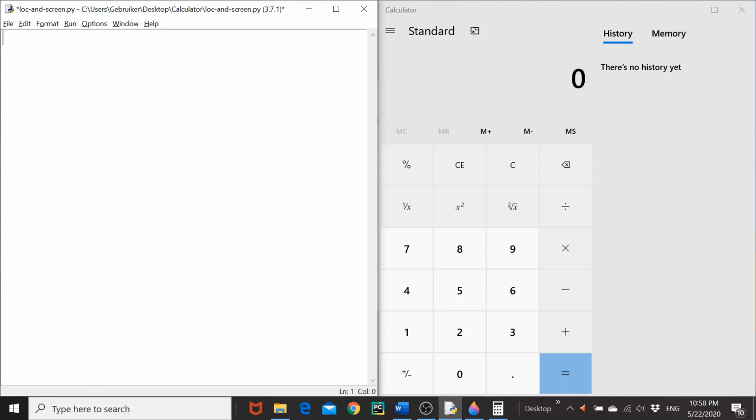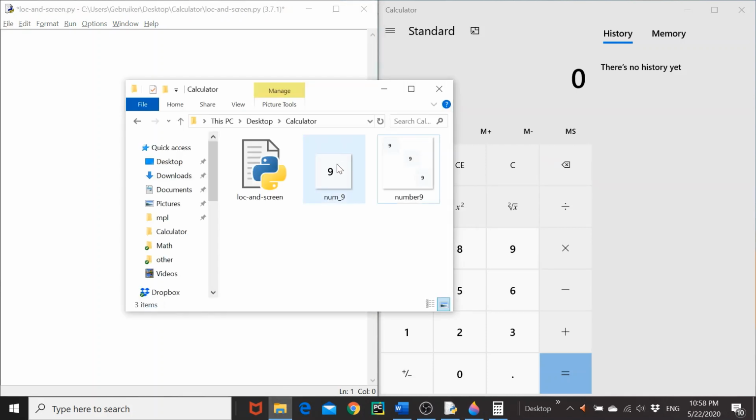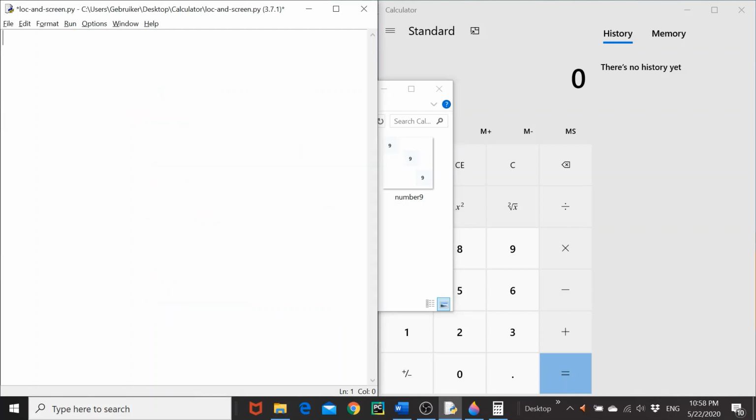If you're wondering why I have the calculator on the right side, well, what I did was I took a snippet of the number 9 and saved it as an image, num_9, which, as you can see, is a PNG file with dimensions 91 by 89, and we're going to see if we can locate it on our screen or not. So first, we're going to import PyAutoGUI,